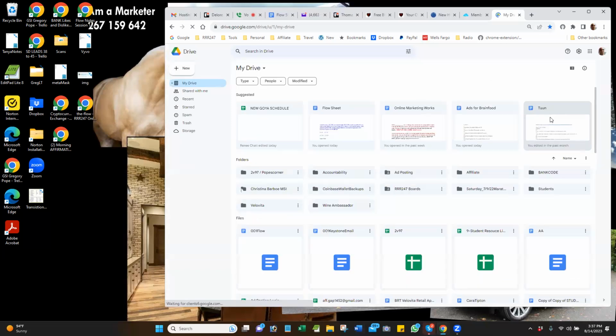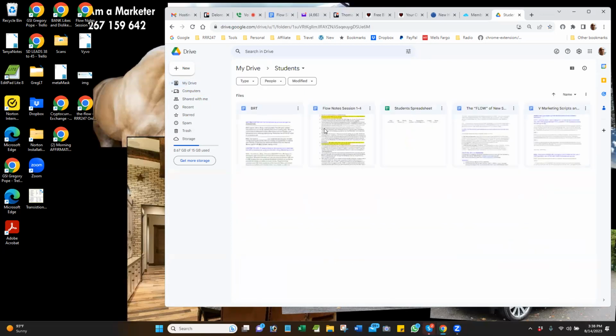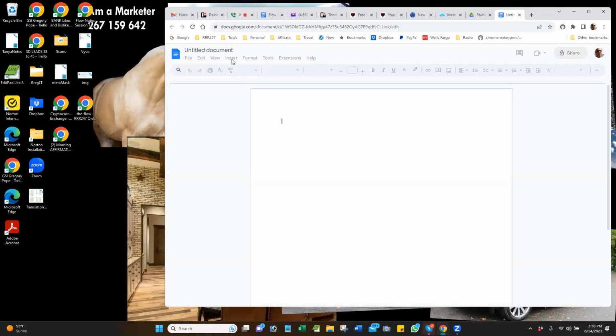I'm going to use my different profile because this is what I use for my business. And then on these nine dots right here, you'll select Google Drive. Okay. And this is also where you're going to create your backups. And you're going to see that in the training, how to do backups. But if you haven't modified anything, it's not important to do backups because, trust me, we have plenty of copies of what you got there. So bottom line is, in here, you can create a new document or you can create a new folder. So here I have a folder called Students. So I will open this Students folder and I will create a new document by clicking on this New. This is all free and it's part of your Google thing. Click on that, click on blank document, and then I'll just put for a title document, I'll put Thomas Training,